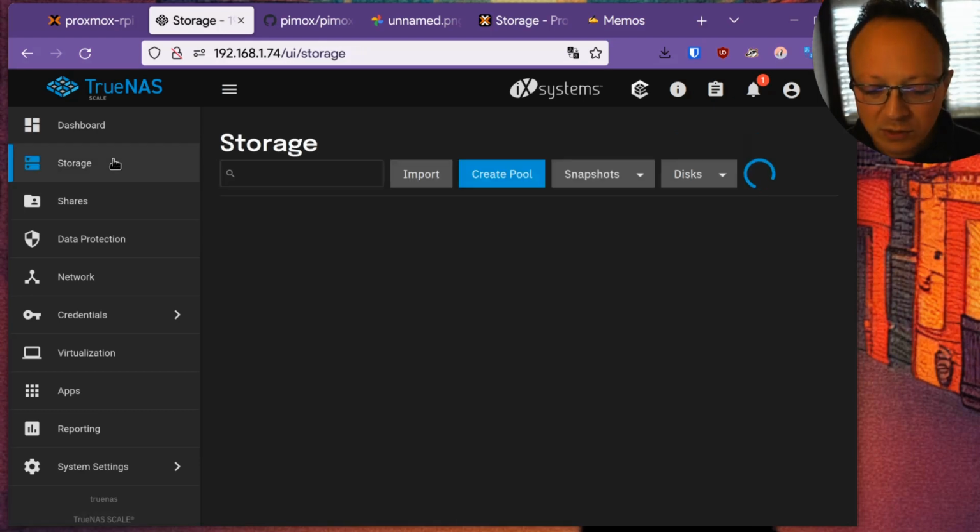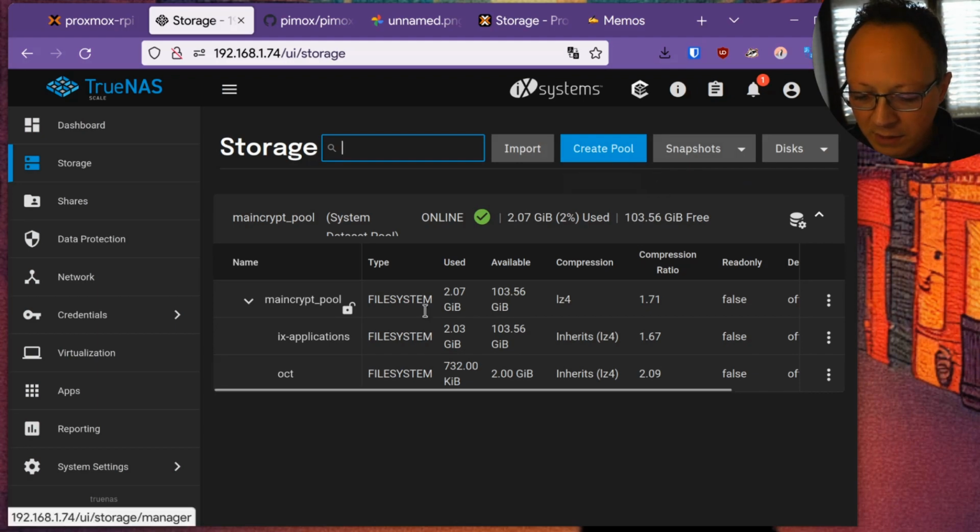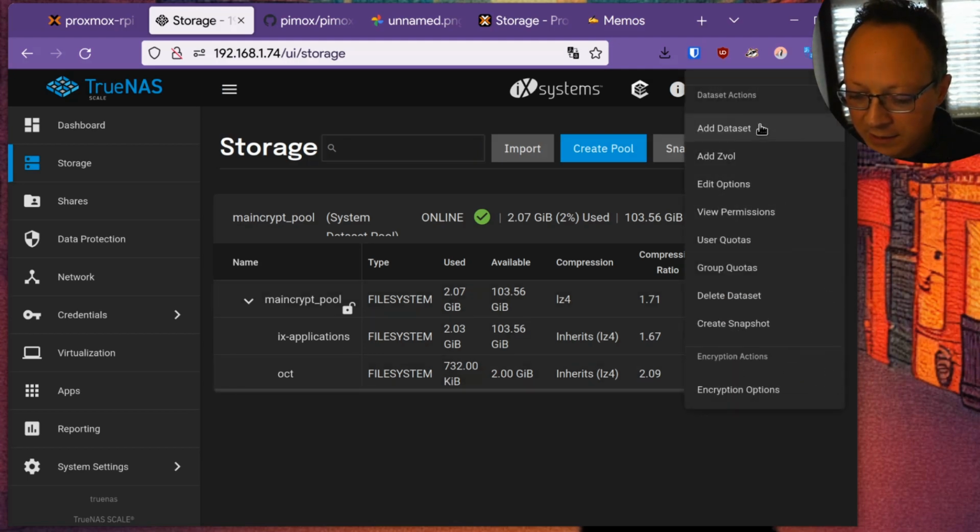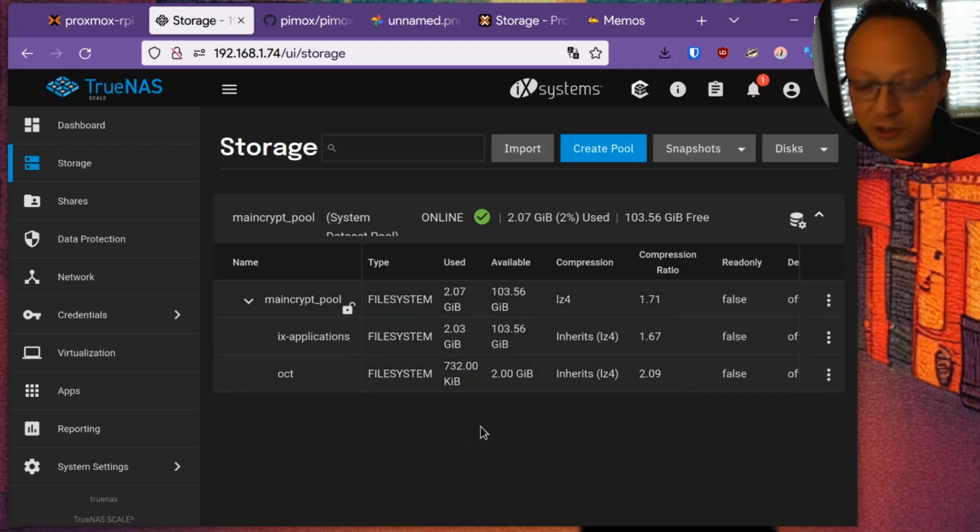So if I go to storage, I already had the setup for this kind of storage. So I go here, these are the storage I have, and this is the container, which, not container, it's the dataset, which contains the data of this web application.